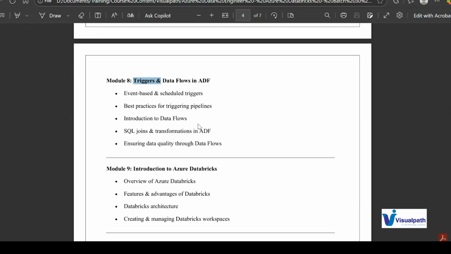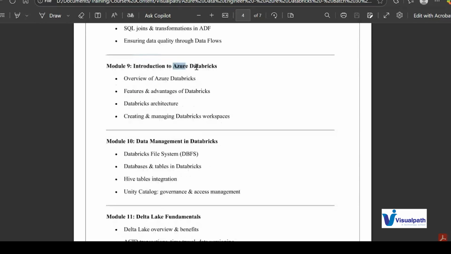Now coming to the transformation and loading, the important part there is Azure Databricks. Okay. So that is how ADF and Databricks play the important role in our ETL process as a data engineer. Okay. So that's why I said only learning Databricks will not help you in your journey.